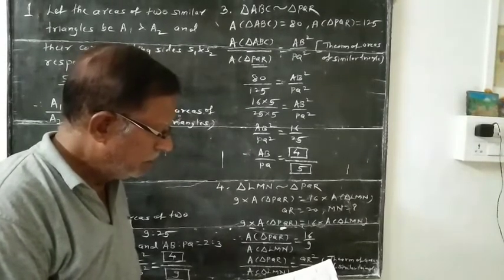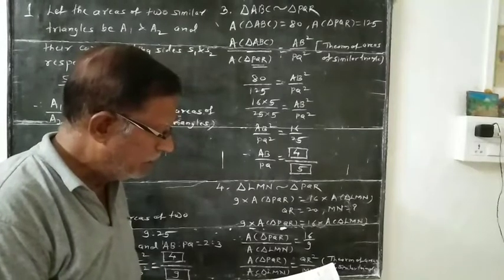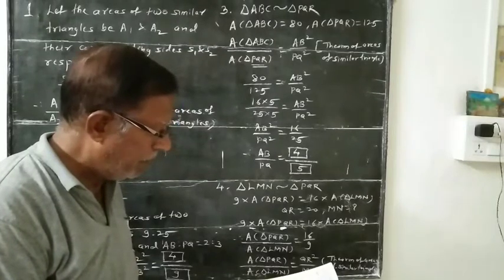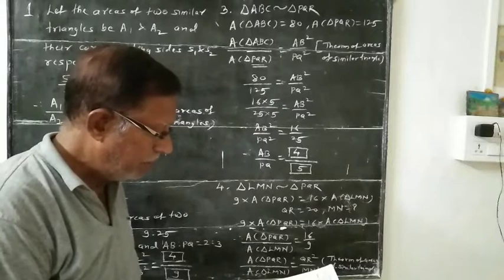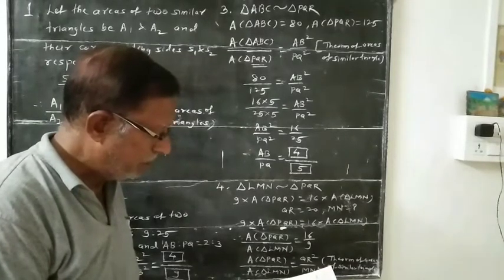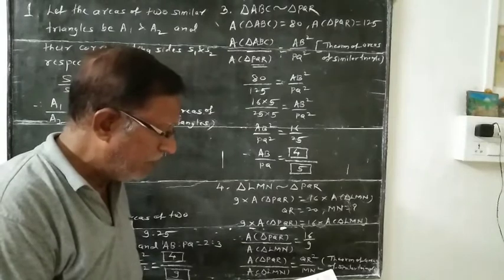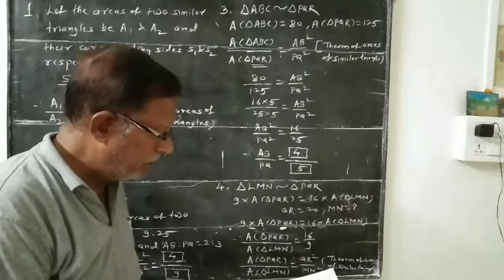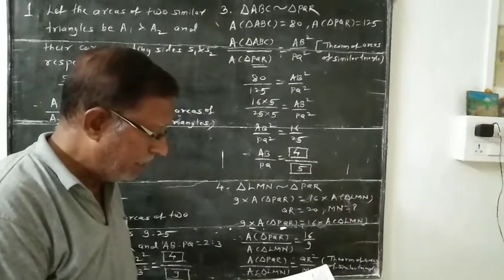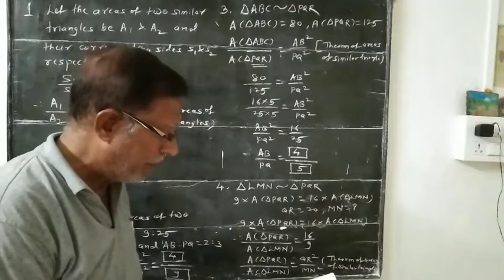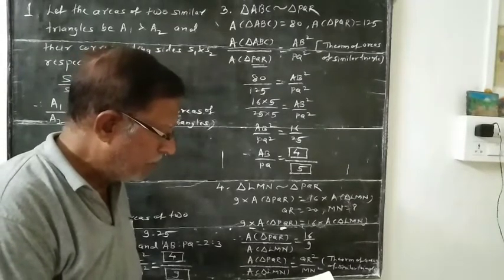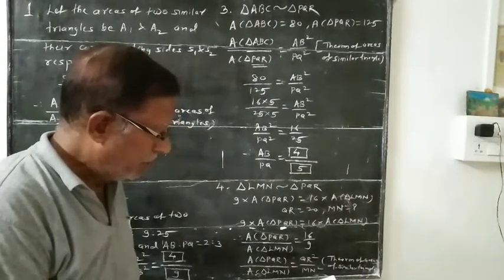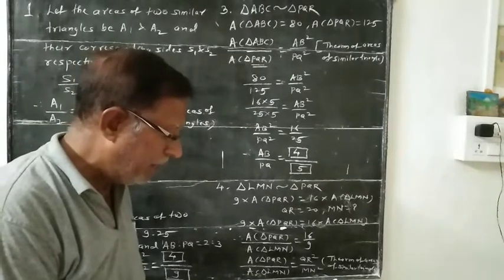Then take two triangles. In triangle APB and triangle CPD, angle PAB is congruent to angle PCD, and angle APB is congruent to angle CPD, opposite angles congruent. Alternate angles are congruent. You can take the second pair of alternate angles also, angle PBA congruent to angle PDC. The triangle APB is similar to triangle CPD by the triple A test of similarity, or by the AA test of similarity. If you show two pairs of angles congruent, then by the AA test. If you show three pairs of angles congruent, also by the AA test of similarity.